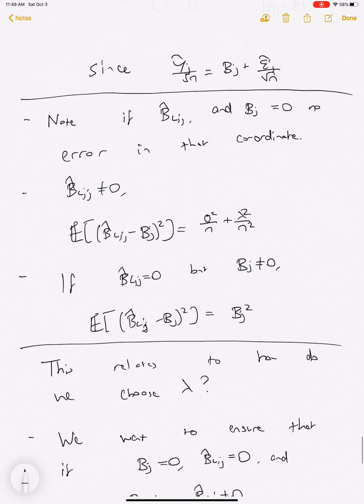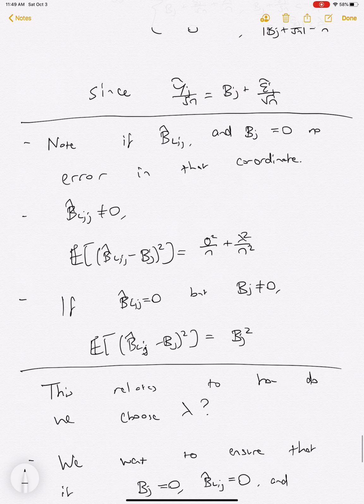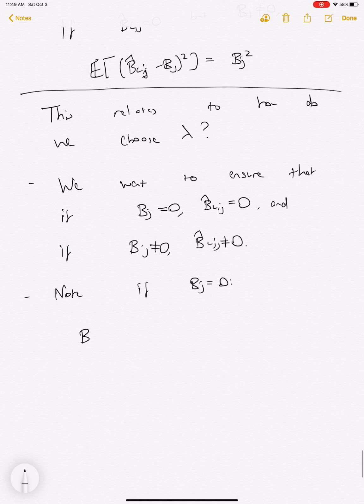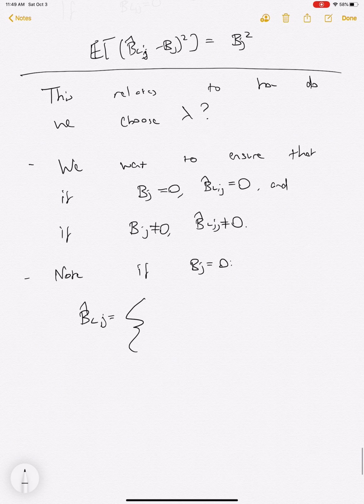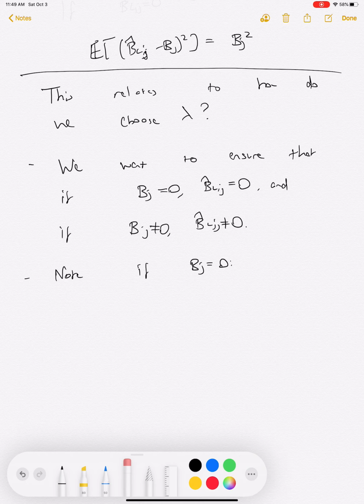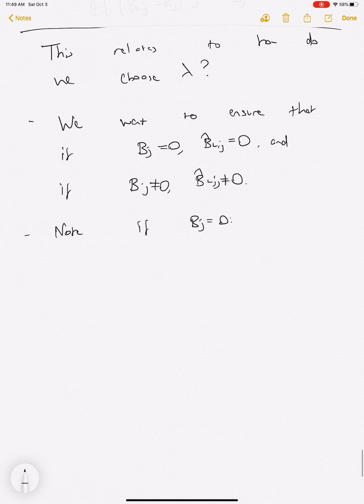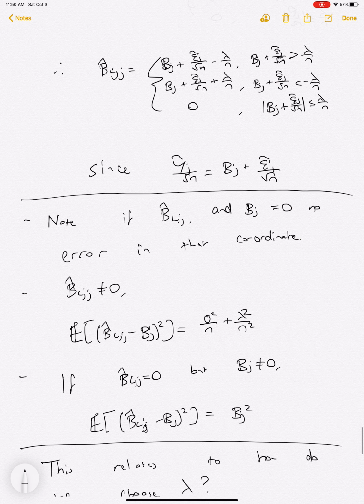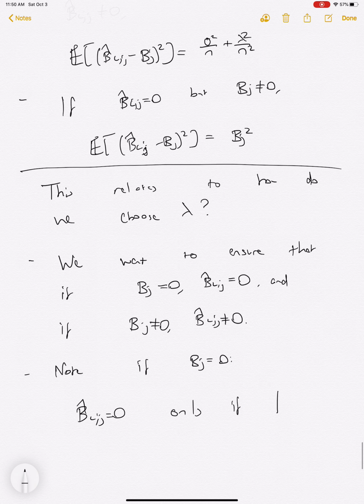Then we have... so if Bj equals 0, B hat Lj will equal 0 only if... you can see that, looking at this expression up here, the Bj will disappear, and it's only going to be true if and